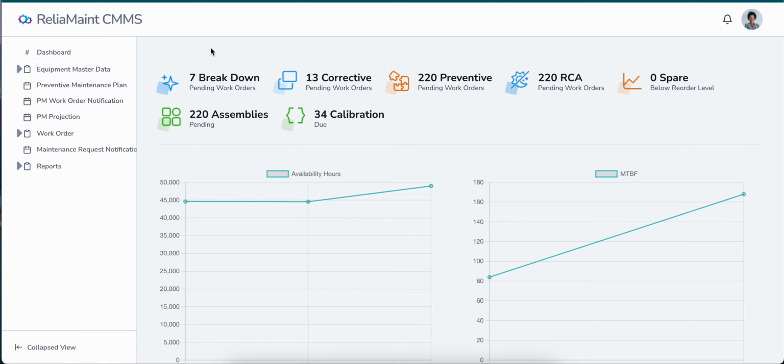Further, under the transaction subheading, we have preventive maintenance plans and work order transactions. So preventive maintenance, I will show you preventive maintenance. We are able to create preventive maintenance. Within preventive maintenance, we are able to create four kinds of preventive maintenance profile. First is time based. Okay, let us show.